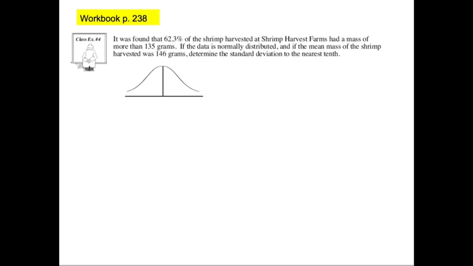So the mean was 146 grams, and it said that 62.3% of the shrimp harvested at this farm had a mass of more than 135 grams. Well, 135 is lower than 146, so it's probably around there. And we want all the shrimp that is heavier than that. And this area here corresponds to 62.3%. If you divide that by 100, you get